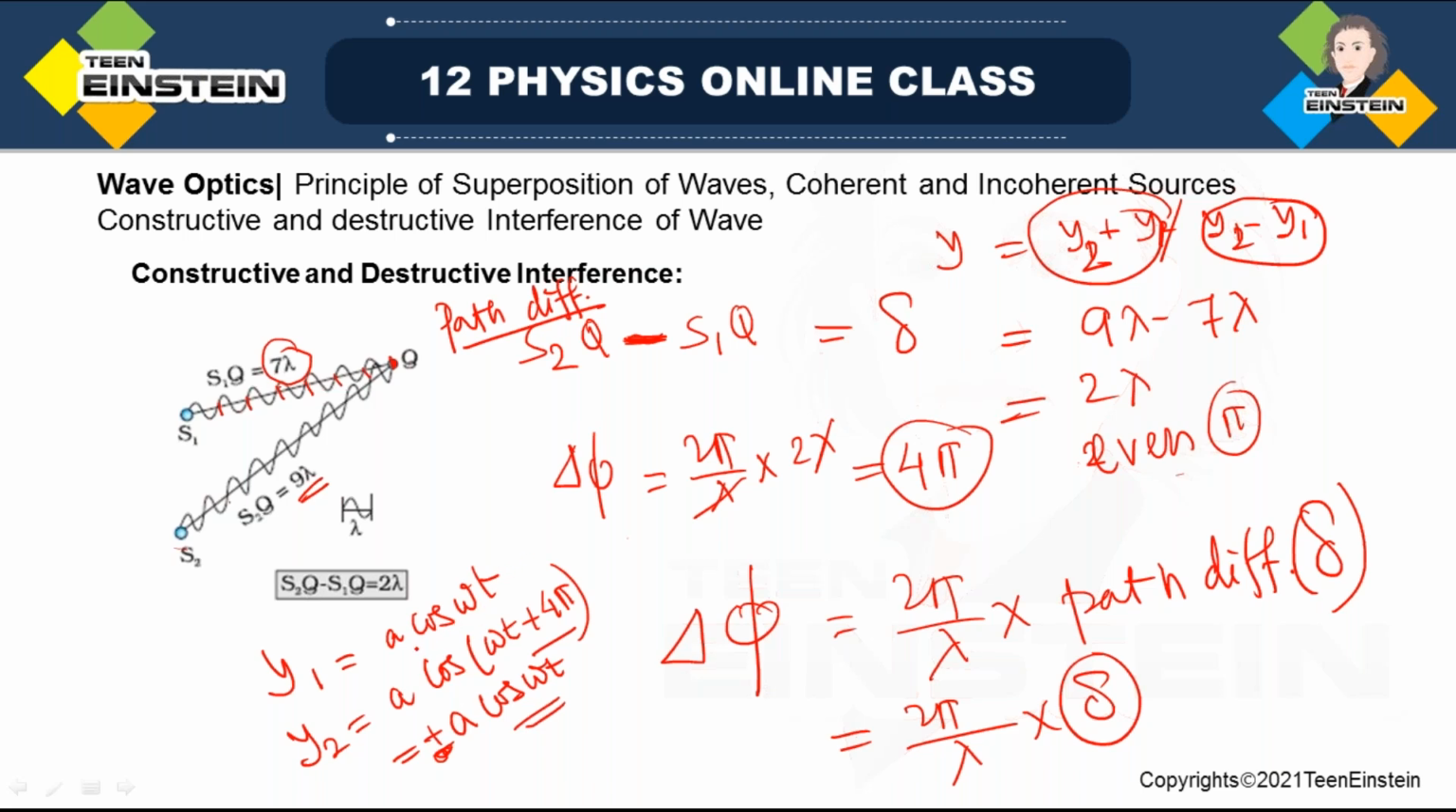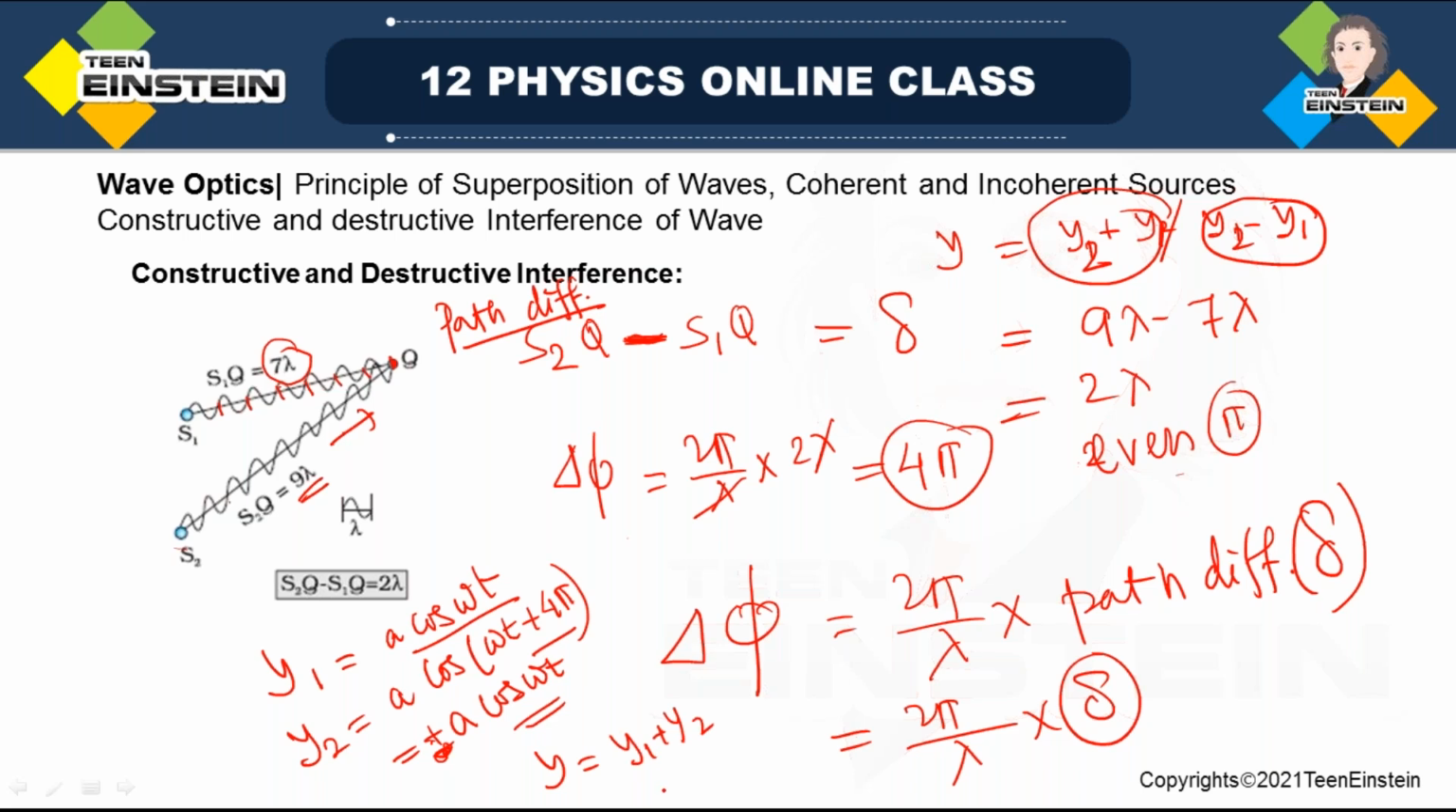So I had taken two waves, one having a cos omega t, and another one having phase difference 4 pi. So I'm writing like this. Whether it is plus pi or minus pi doesn't matter. It will be actually cos omega t. So if I get the resultant,